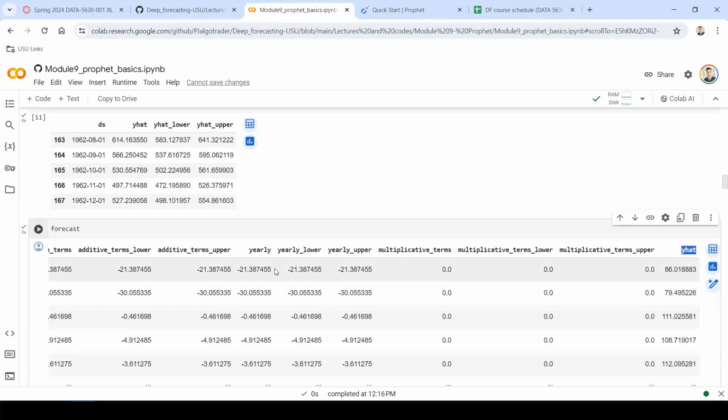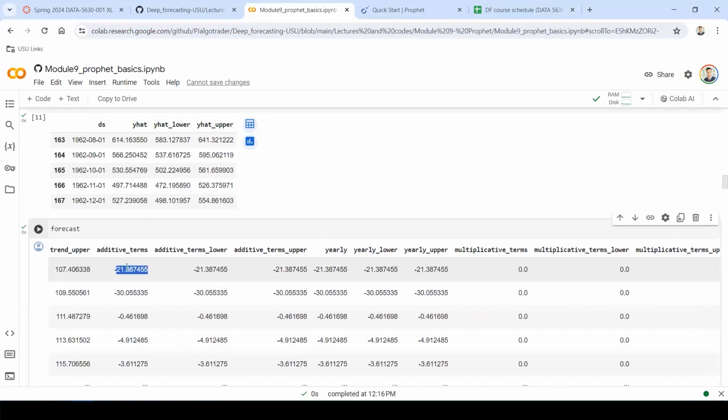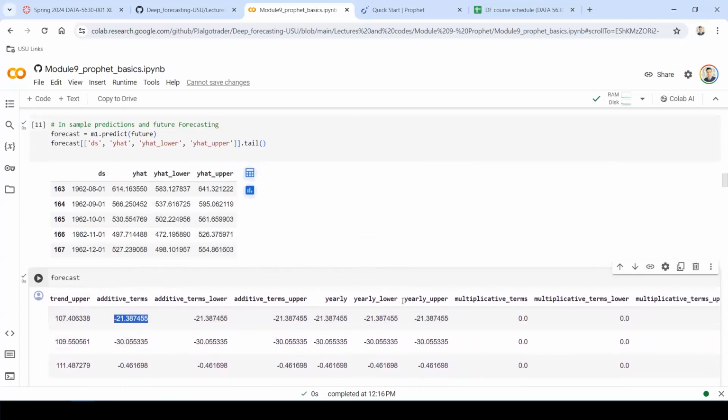Okay. So basically, if I go ahead and take this one, this yearly, minus 21.37, and add any kind of other impact we have here, we don't have anything, it's going to add up to this, right? You see that? Additive term. Well, let's go back. Additive term, this one. This is a combination of any impact that the weekly seasonality, yearly seasonality have, it's going to combine them together. Okay. So why do we need them? Because we want to visualize them. So let's actually